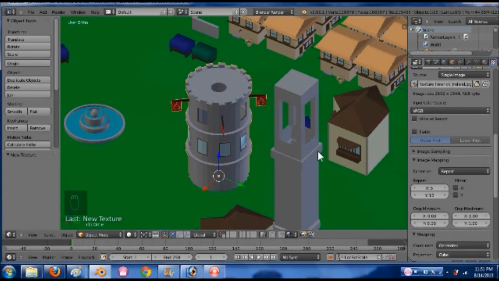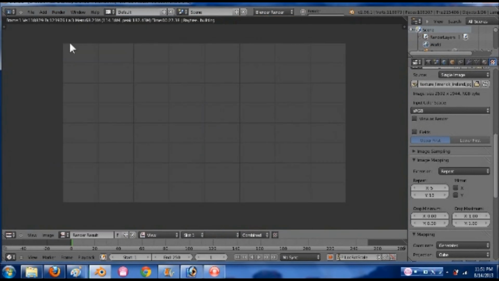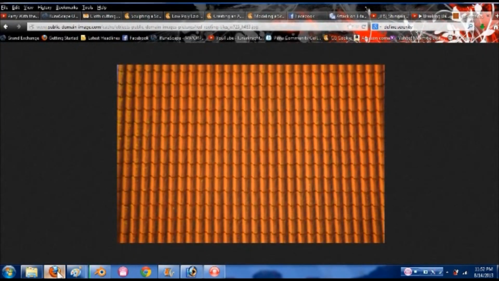Don't think I've ever tried a tube projection. Okay, I'm going to go ahead and render this. And so, like I'm telling you, if you are looking for stuff or help with Blender, you can try YouTube,